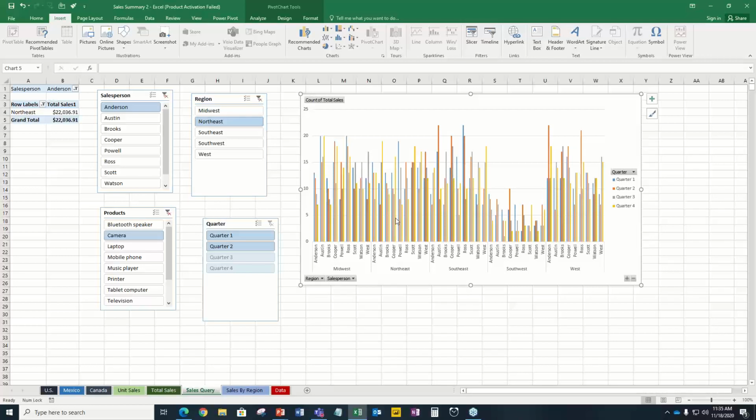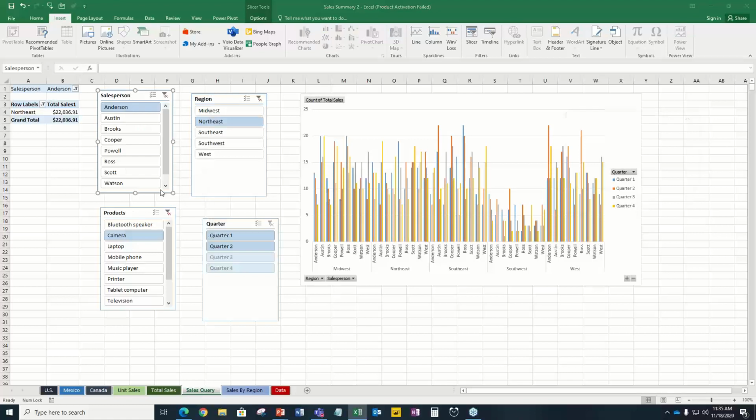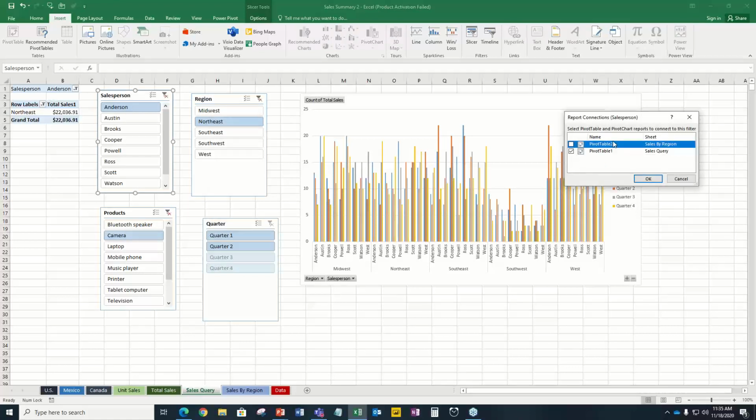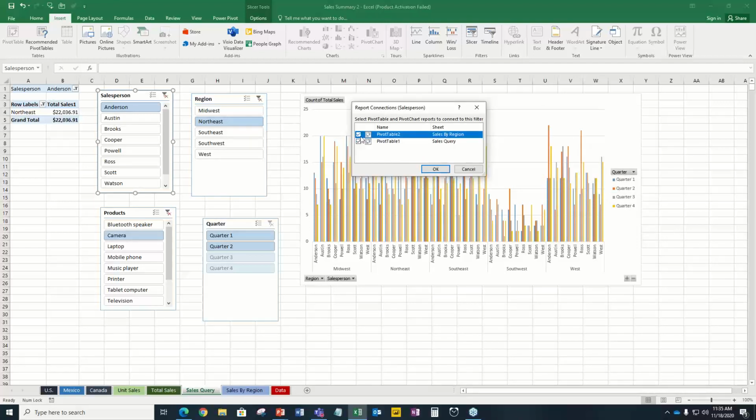So when in doubt, right click. So my slicers aren't working with the chart. So I right click a slicer. I read all these options in the flyout menu, but I just happen to know it's report connections, which makes sense. So I click on it, and I want to connect to both pivot tables. See that little check mark there? I want to connect to both. So say, okay,